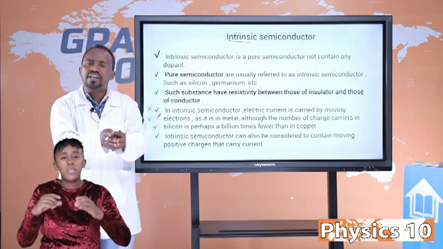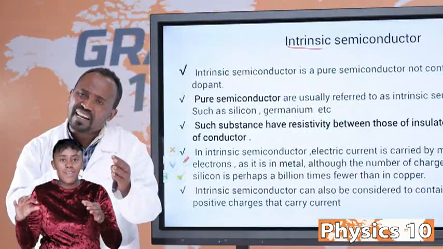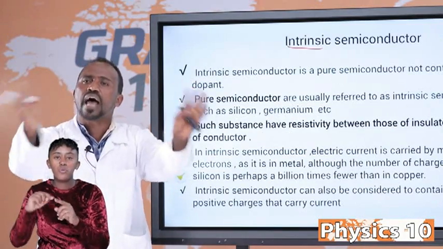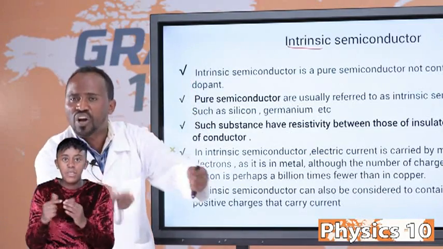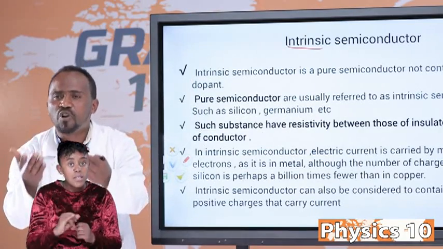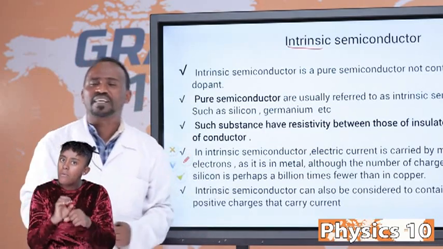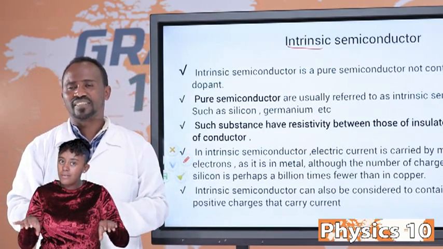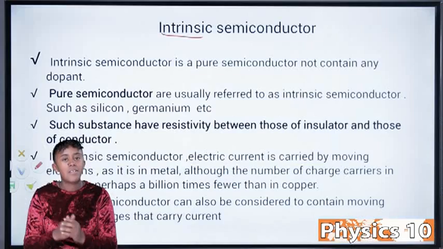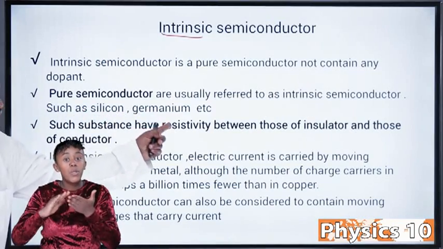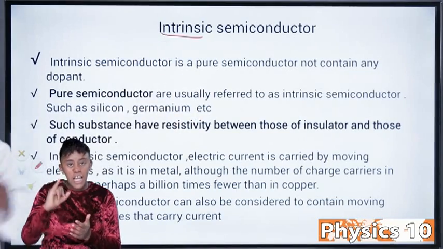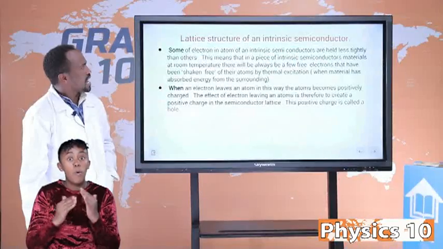The electron is tightly bonded to the parent atoms. After applying high temperature, this electron is detached and moves to the neighboring atoms, while a hole is formed. A hole is formed means there is a flow of electrons, and a flow of electrons means there is a current. Students, do you understand this? Excellent. This is how pure semiconductors, usually intrinsic semiconductors, work. For example, silicon and germanium are semiconductors.